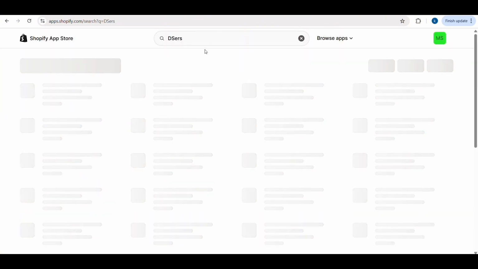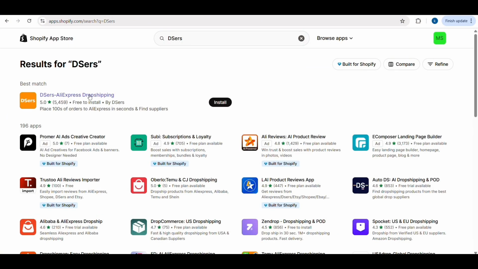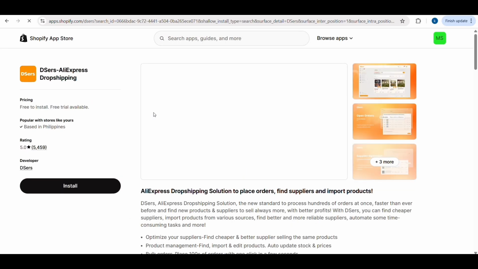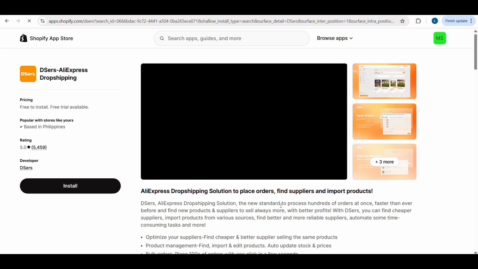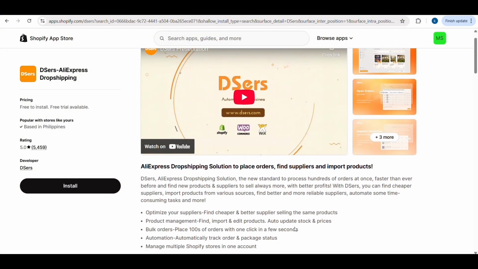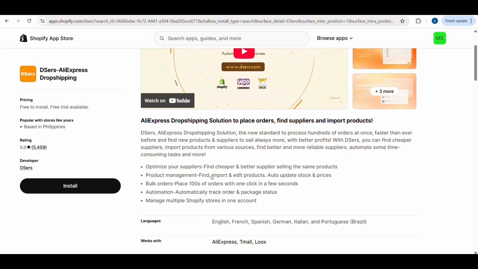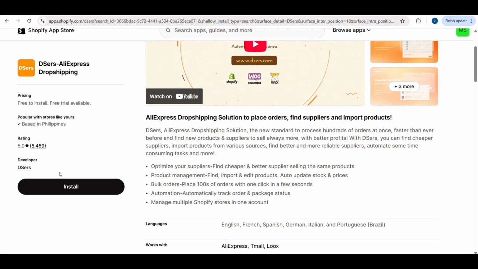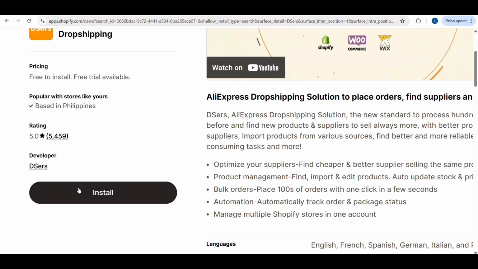And then of course guys, you'll be able to see here the information or the description about this app. So there guys, you just need to install this one. And then once installed guys, you'll be able to see this one. And then once installed guys, you just need to open the app, and then there you will see an option